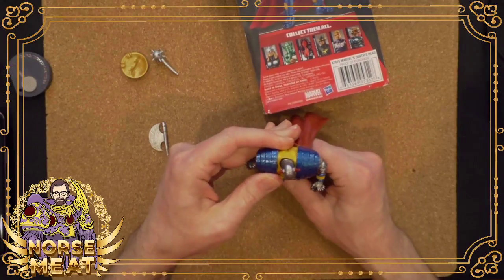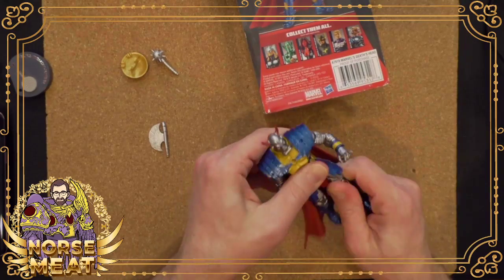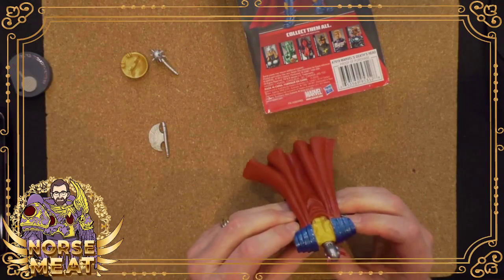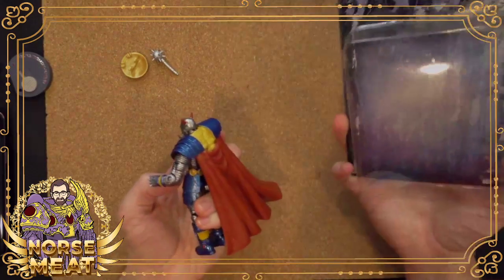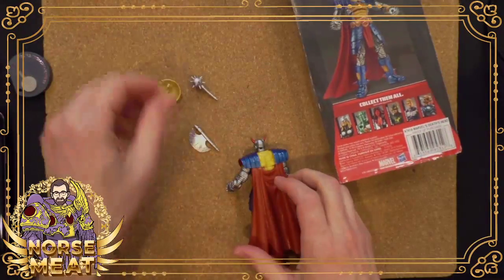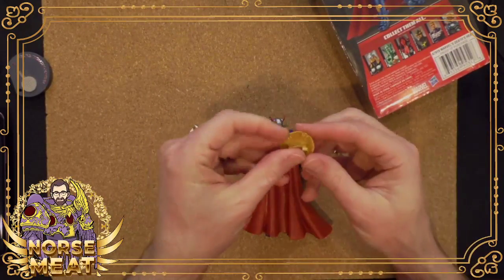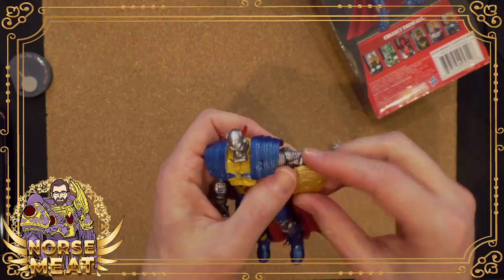So yeah, this character is sort of a bounty hunter, mercenary kind of thing. So he's got a lot of weapons. How are you supposed to... Am I missing a piece? Oh, I see. Okay. That's how it works. I was trying to figure out how this all went together. He can wear the shield on an arm, but the way that...